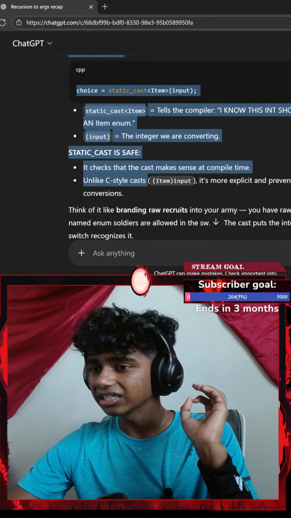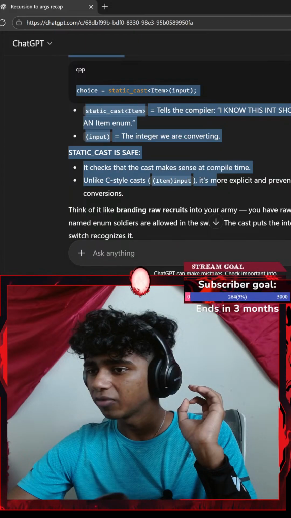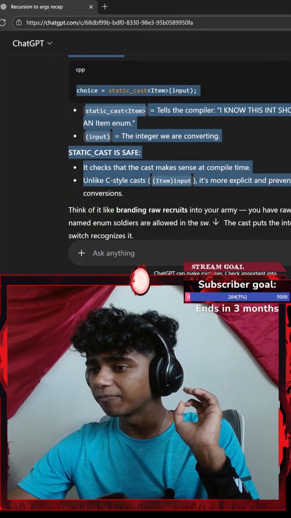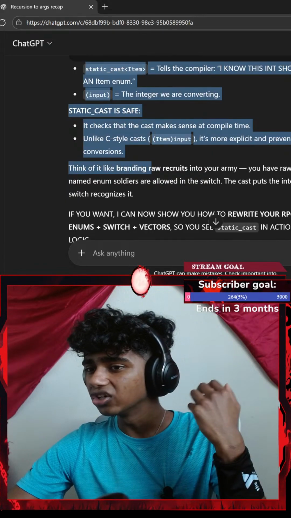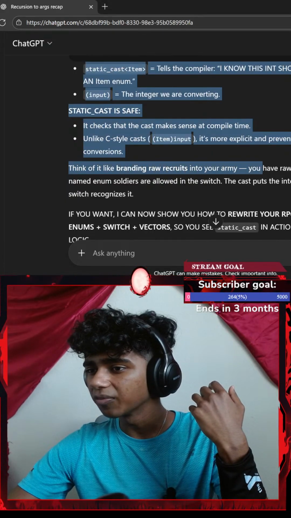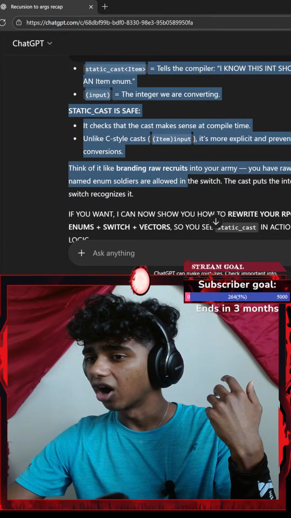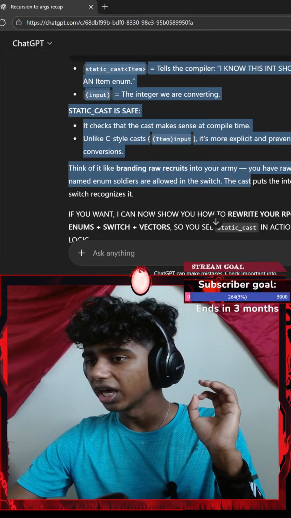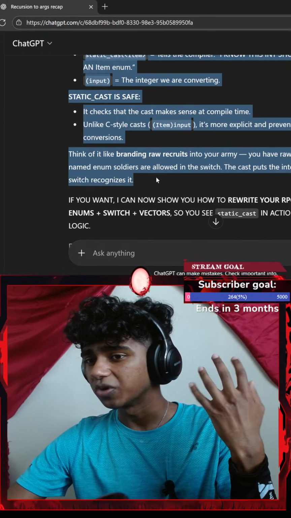Unlike C-style casts, this is more explicit and prevents accidental conversions. Think of it like branding new raw recruits into your army. You have raw integers, but only named enum soldiers are allowed in the switch. The cast puts the integers in uniform so the switch recognizes them.